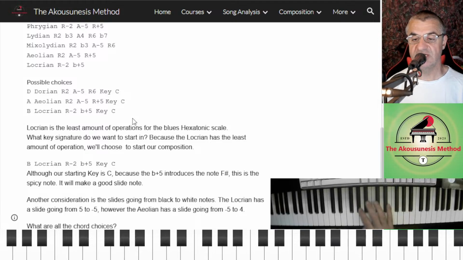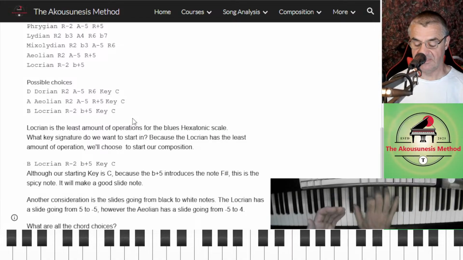So at the moment we're just visualizing the key of A, right? We're visualizing the key of A. We're playing the Locrian, which starts, right, on the G sharp. But we're still visualizing the key of A, the Ionian. We just got to know where to stop. So we can visualize all the notes we need to press, right?